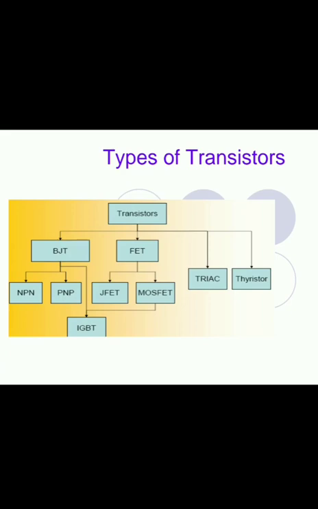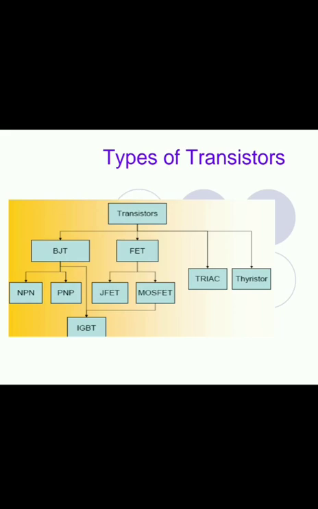They have not given JFET this time in your syllabus, but it is a type of FET. And what is the difference between JFET and MOSFET? In MOSFET, there are two types, enhancement as well as depletion. In depletion, you will get a channel. But if you see about the JFET, there only you will get a